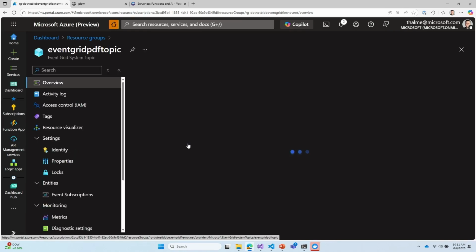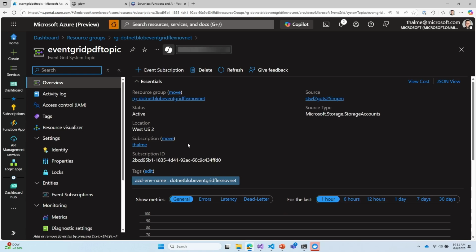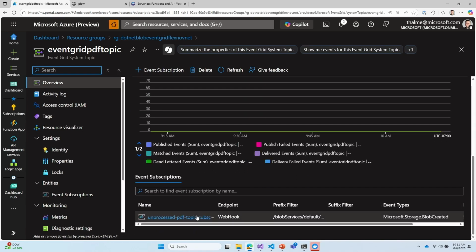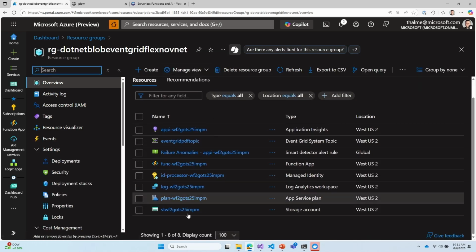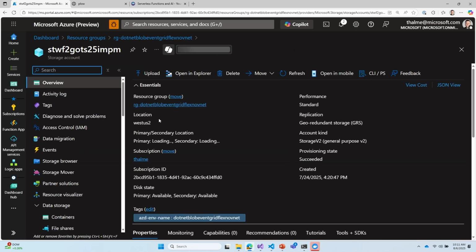And that topic looks at that storage account as the source for the subscription here. And then it sends it to a specific destination on my blob triggered function app.